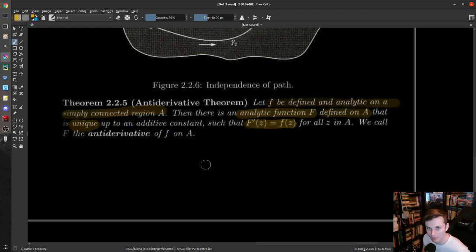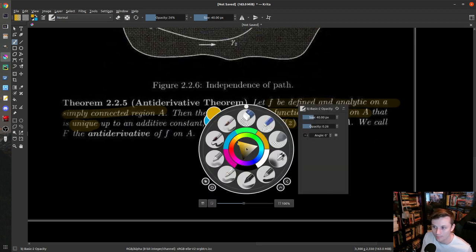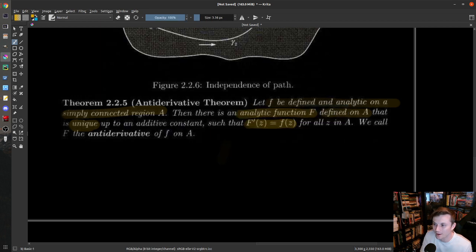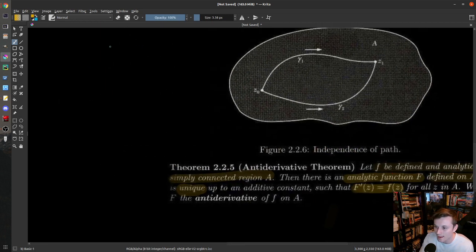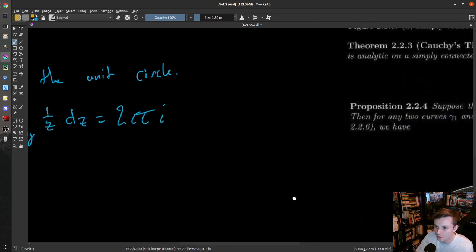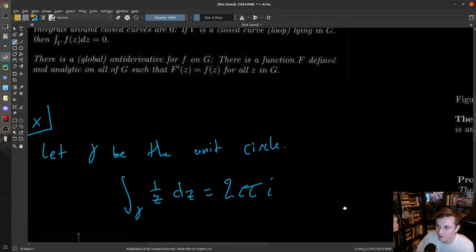Same kind of business as in usual calculus. Up to a constant, you can get antiderivatives, and that's the business. There's a whole family of them, just shifted up or down, basically, in the complex plane. The analog of that, and this just provides yet again, analytic on a simply connected region analogs to